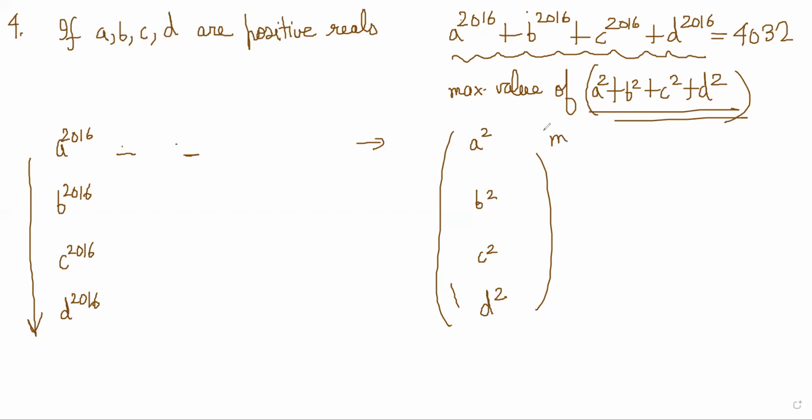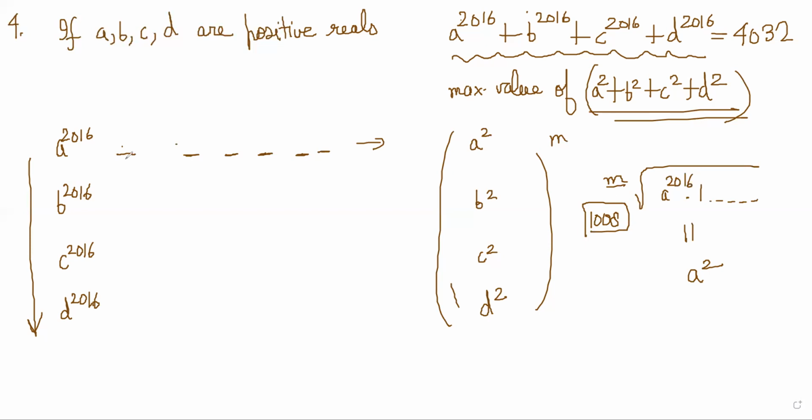That will not beat A square. So I need to put enough terms here that finally, when I do 1 A power 2016 into 1, and so on, for however many terms there are, I have to finally do this, and this should come out to be A square, right? So what are the options for me here? I can take M as 1008 actually, right? M as 1008 and keep all the rest of the terms as 1, right?